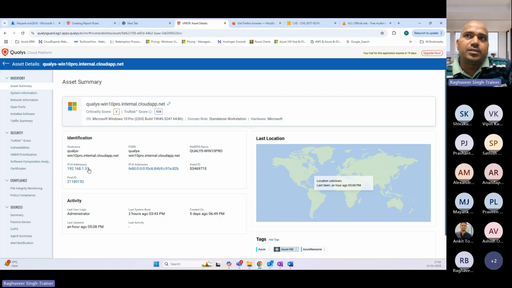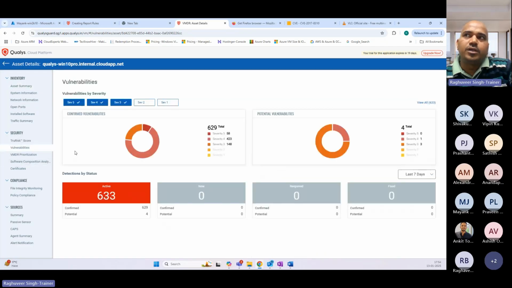I can select the asset and now I can click on vulnerabilities here. Now these vulnerabilities are specific to this asset only. So this is more of an operational job: as a vulnerability management professional, L1, L2, L3, based on my roles and responsibilities, based on my assigned assets or virtual machines, how will I on a day-to-day basis look